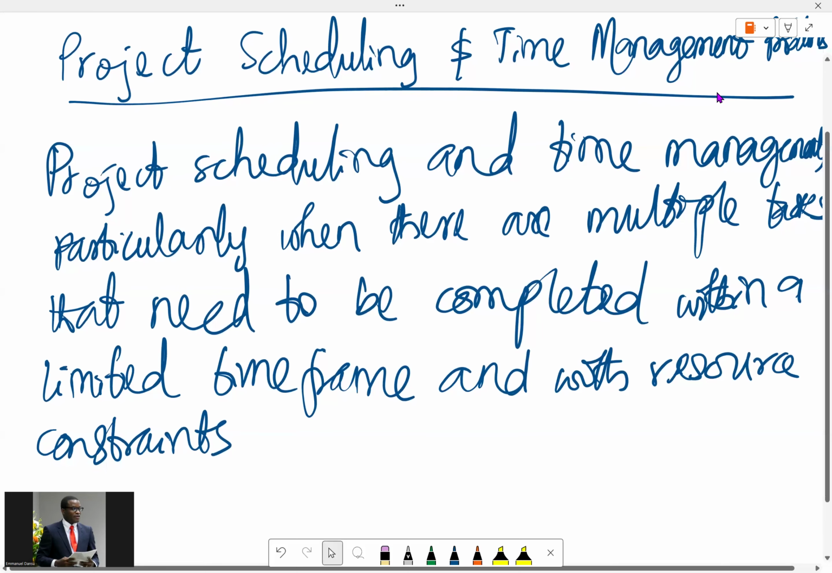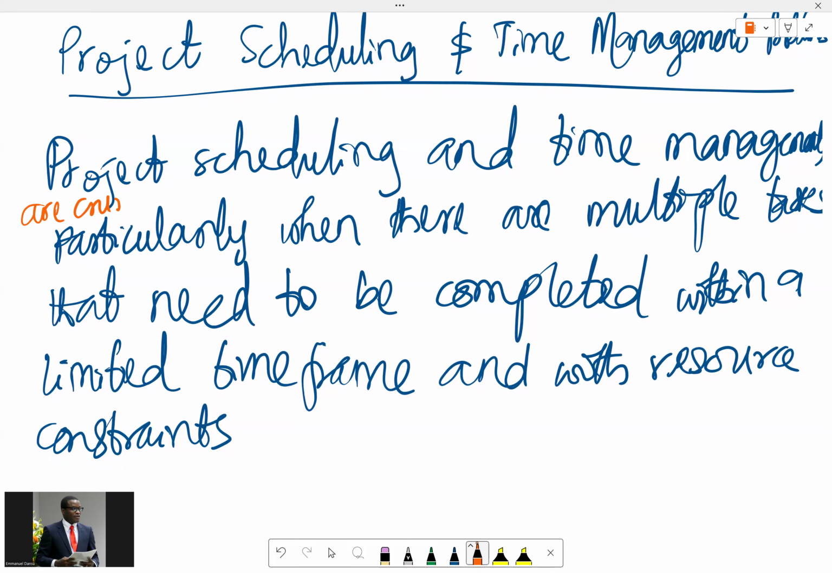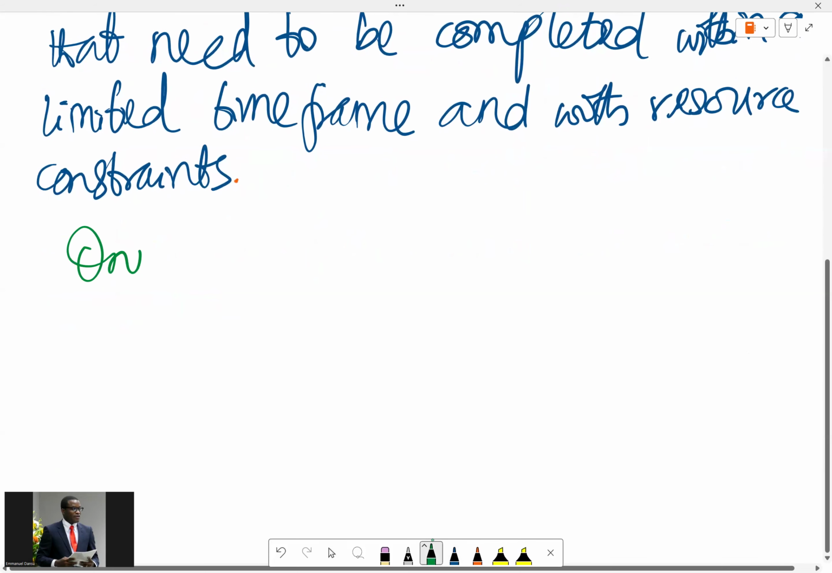Project scheduling and time management are crucial in project management, particularly when there are multiple tasks that need to be completed within a limited time frame and with resource constraints. Now, one of the most effective methods